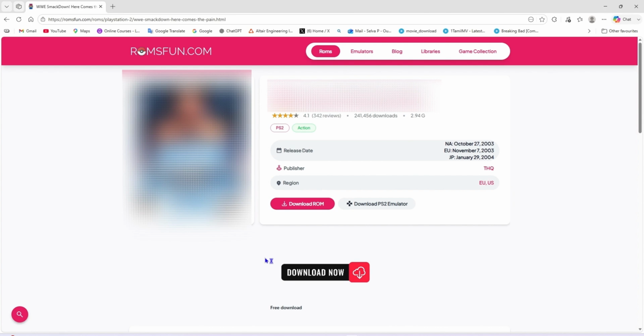Now the download page appears. So here there are two things. The download ROM is the game that we wanted to download, and we have another thing called download PS2 emulator, which is used to play the game. So we will see this later. Now go with the ROM,